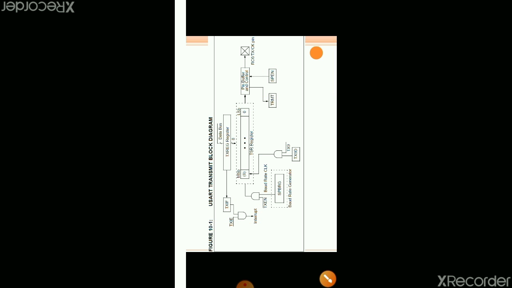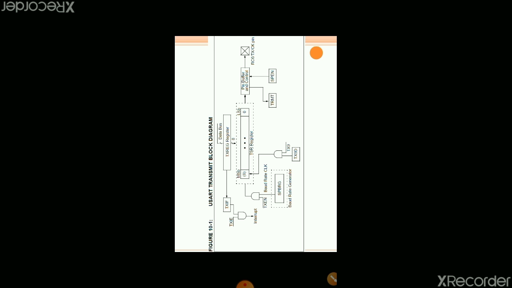In this way, bit by bit, the registers are transmitted. So we will have some recap. What happens? The first step is that we should enable the transmit bit, TXEN bit, then set the baud rate generator value, SPBRG bit, its value depends from 00 to FF. Very important in asynchronous mode.